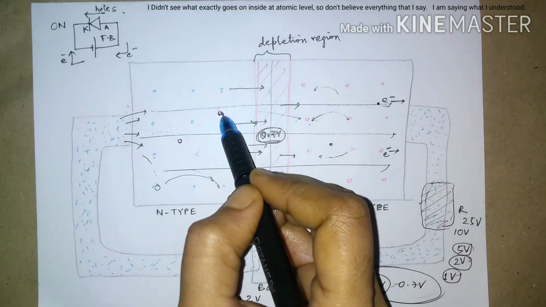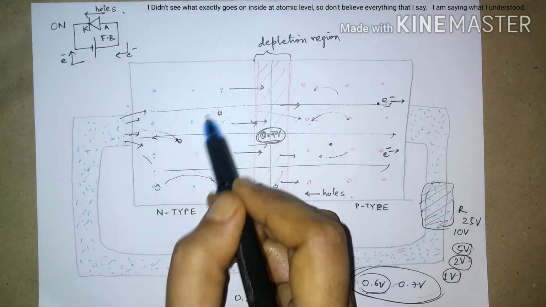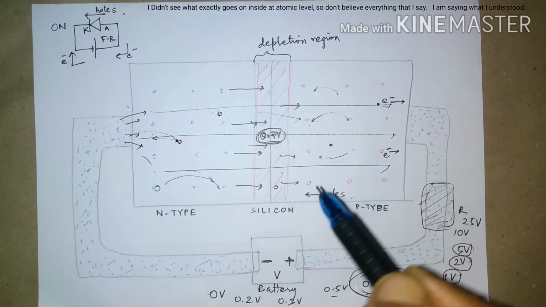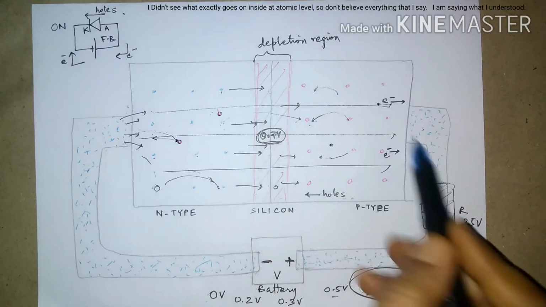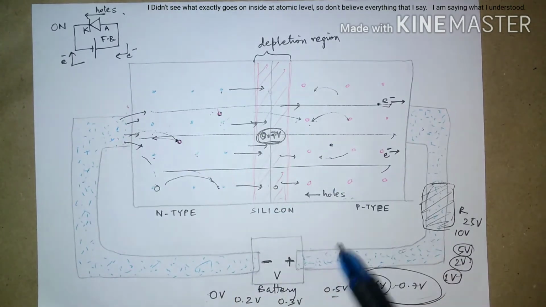Does it make any difference? They get attracted, or these electrons come and fill into these. So these minority charge carriers also will participate in the current process, and on the whole some current flows. So if you observe how the diode behaves,